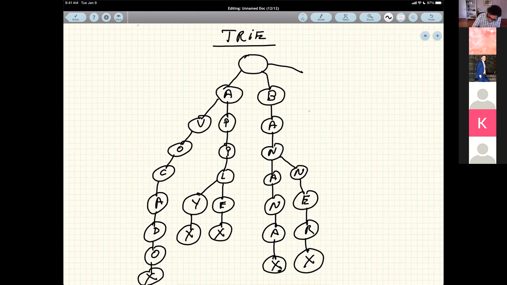Okay, the tree has n number of children at every node. Like for the root, if I have words that start with every letter in the alphabet, I can have 26 children for the root. And under A, there could be thousands of children, right? Because there are thousands or millions of words that start with the letter A, right?